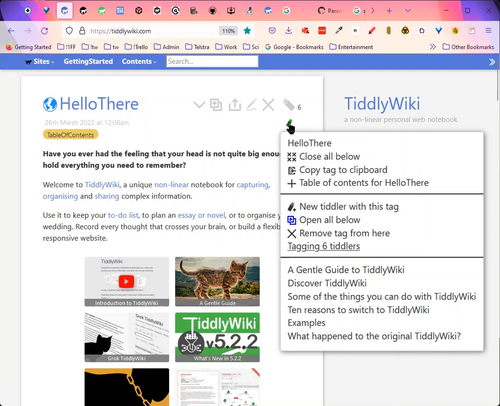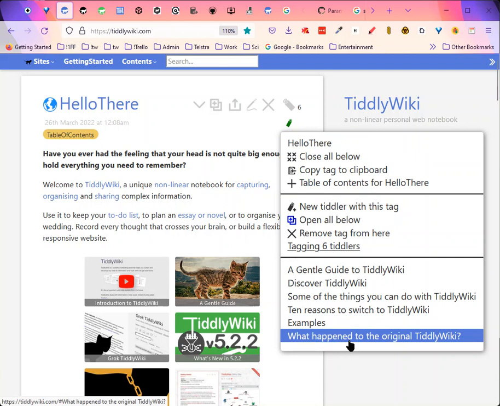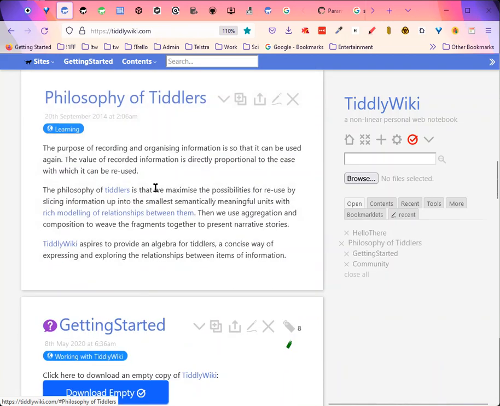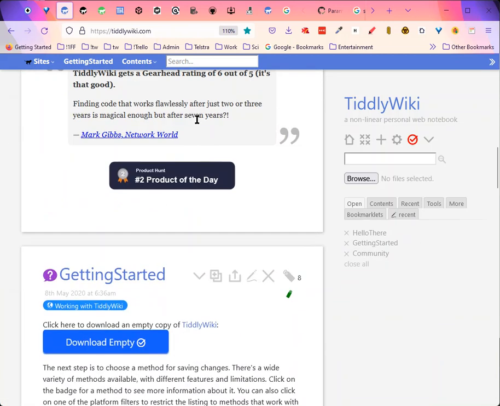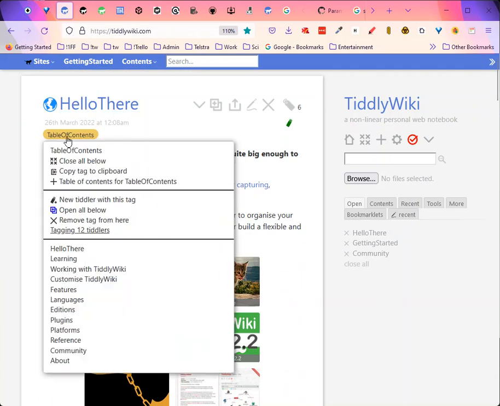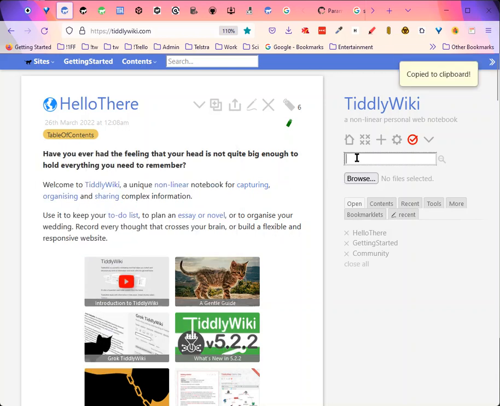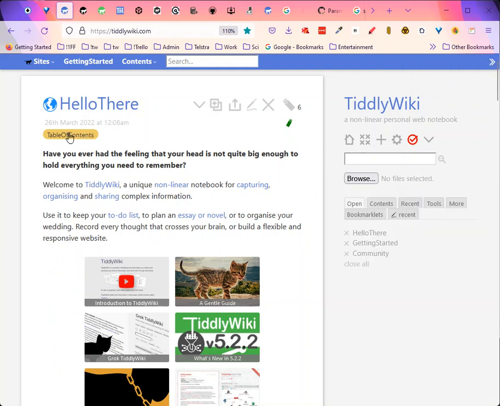If you click on it, you gain access to open and close all or any of the tiddlers that happen to be tagged by hello there. But similarly, the table of contents tag pill now also has those facilities. I can copy the tag to clipboard, for example here, that is the table of contents tag I just copied,